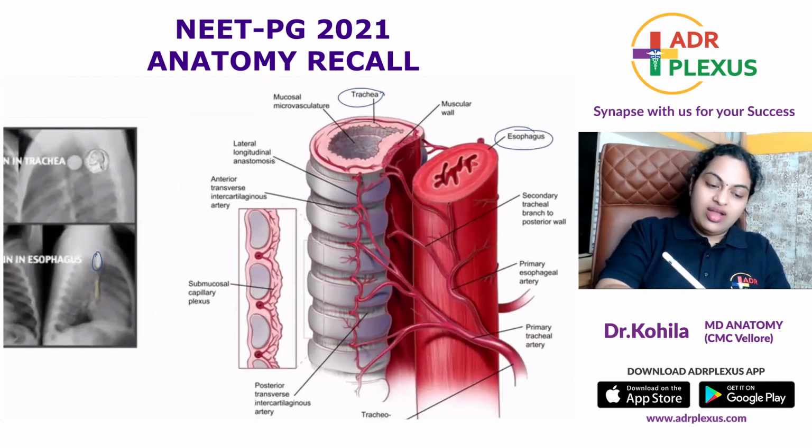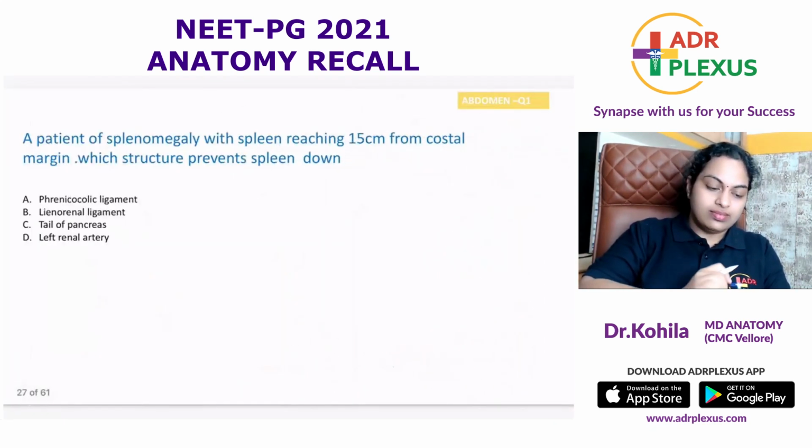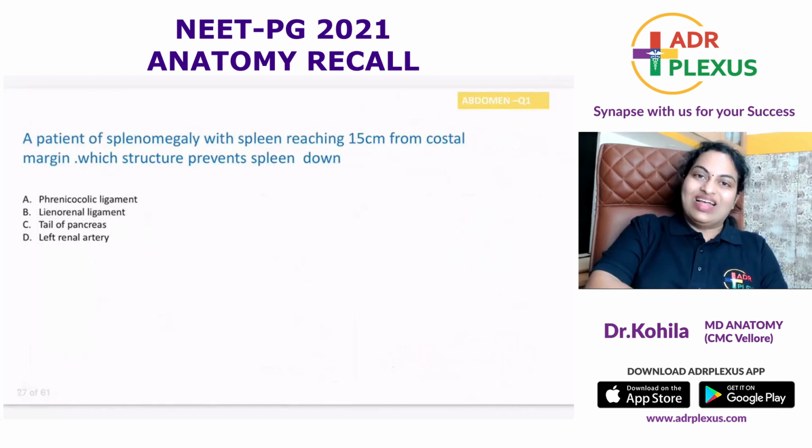The trachea, I told you, the lumen is kept open by the tracheal cartilages made up of hyaline and the trachealis smooth muscle behind. Can you see the lumen here? Because of the enormous smooth musculature of the esophageal wall, the lumen is kept closed like a horizontal slit. Okay, guys, understood? Okay, that's with abdomen.